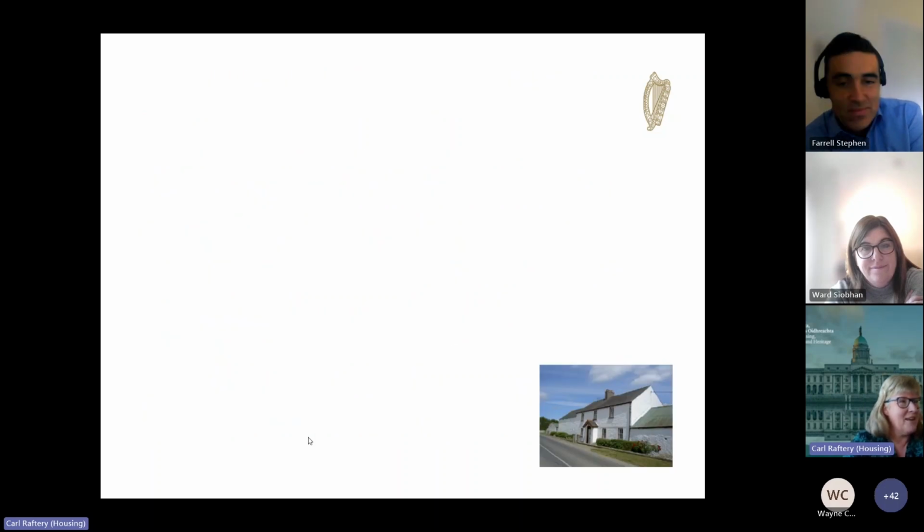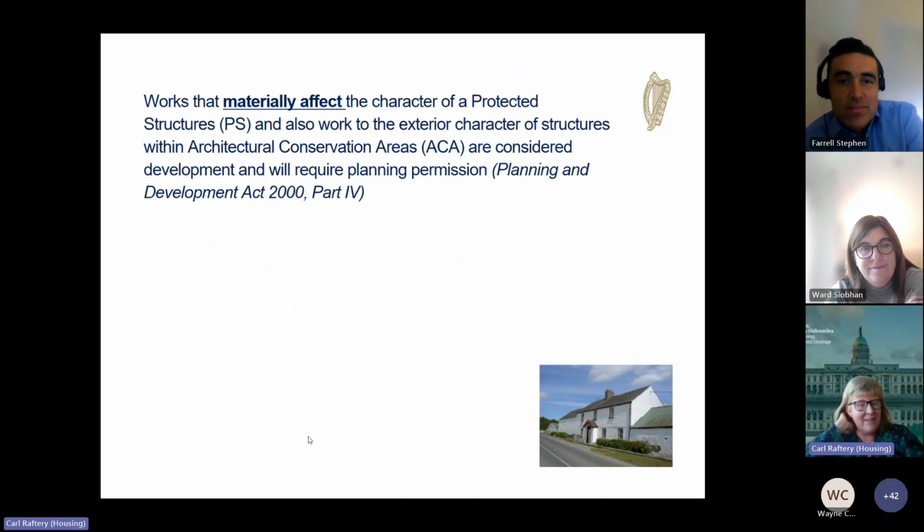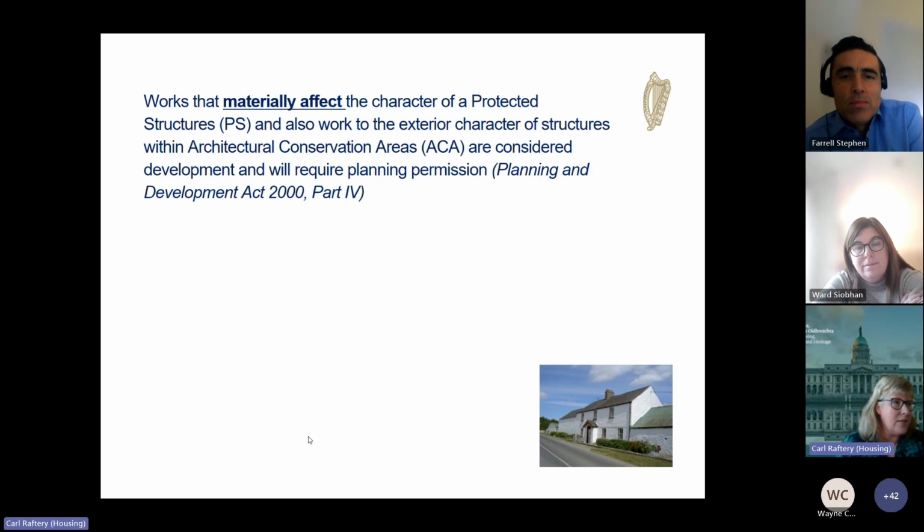Right, so another lovely thing I'm going to talk about back in stage 2, the heritage impact, and also consulting your local authority. It's no harm to actually just go through. There are statutory requirements of a building, and then there's the technology, the traditional technology. So there are some traditional buildings that have statutory protection. They are either a protected structure, and for a protected structure, works that materially affect the character are considered development